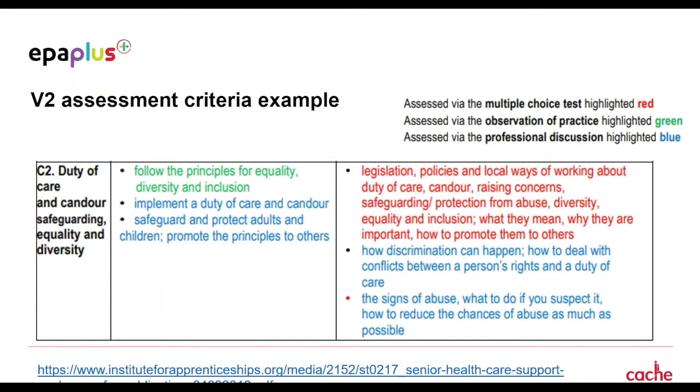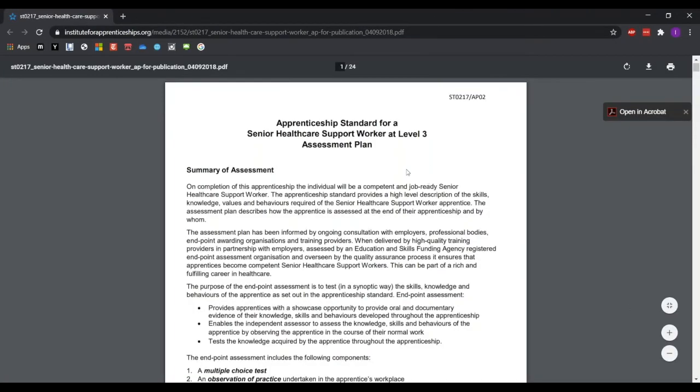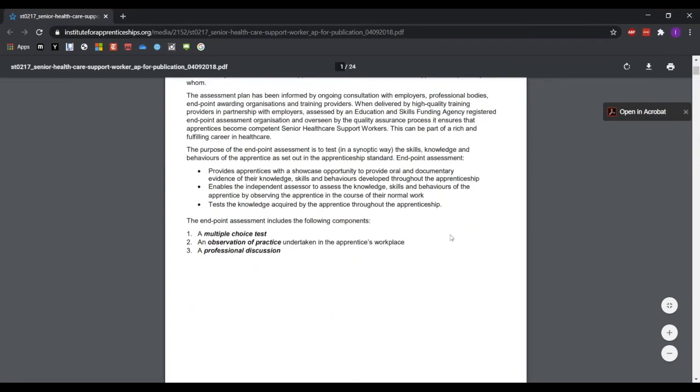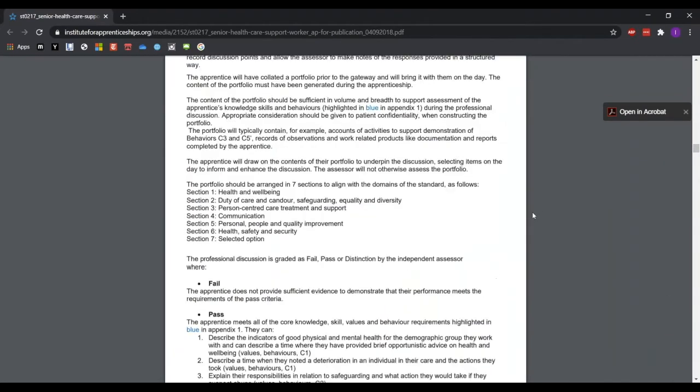So this is looking at the assessment plan, and this is what I mean when I talk about V2, the assessment criteria example. And actually, I'm just going to open the assessment plan itself and go to Appendix 1. That's just going to take a second to pop up. So here we have the assessment plan. If we scroll down to Appendix 1,